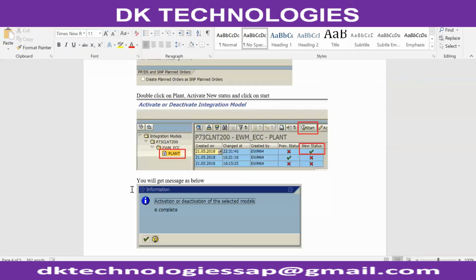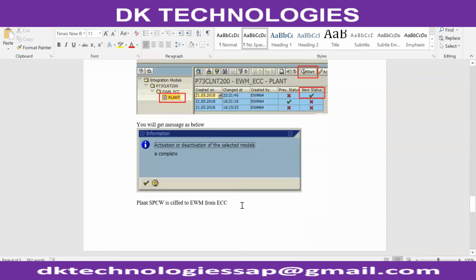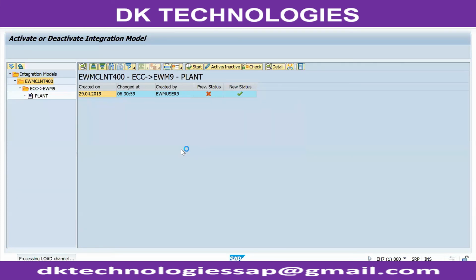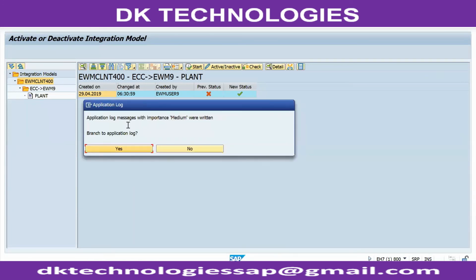You will get this message. Ignore it. You can see the queue if you want to monitor it. Just ignore this message. It is just processing.